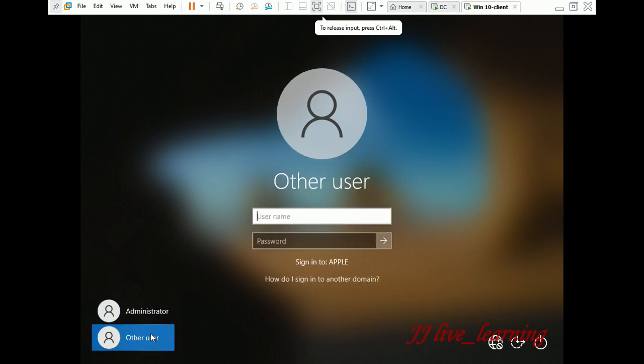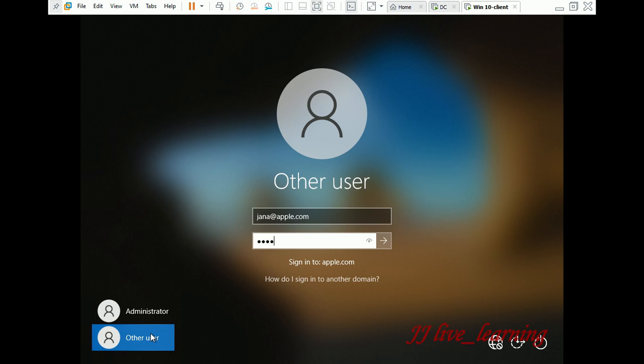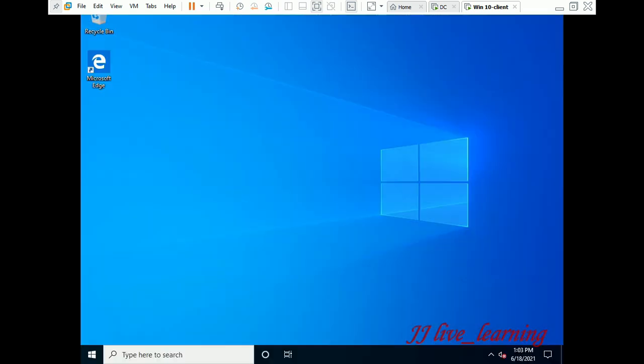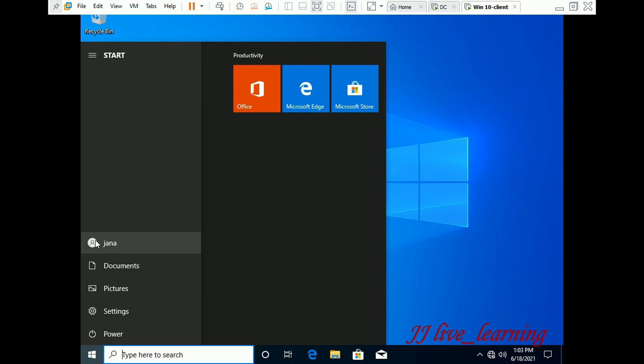Now we are going to log into the user which is created on the server. That is, we are logging on as Jana, which is a user created on the DC. Now we are logging on to the client as user Jana.